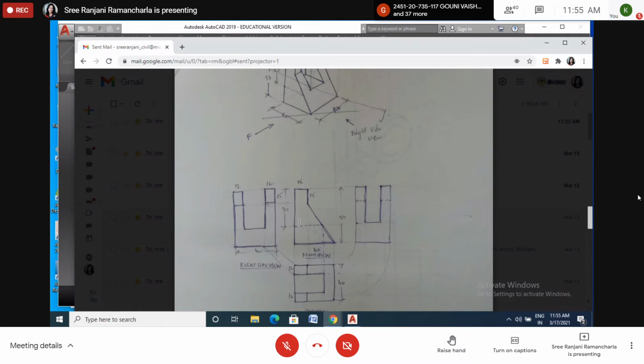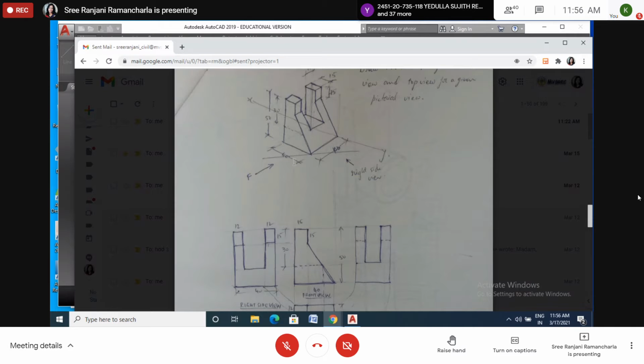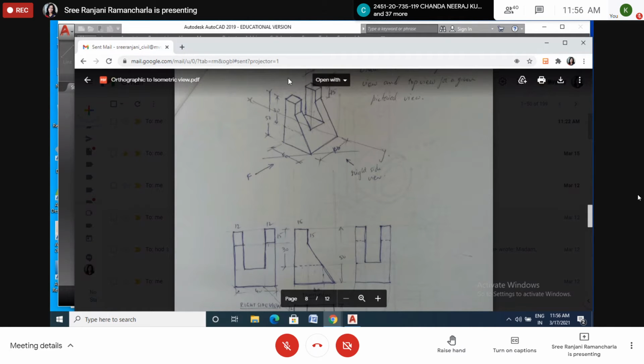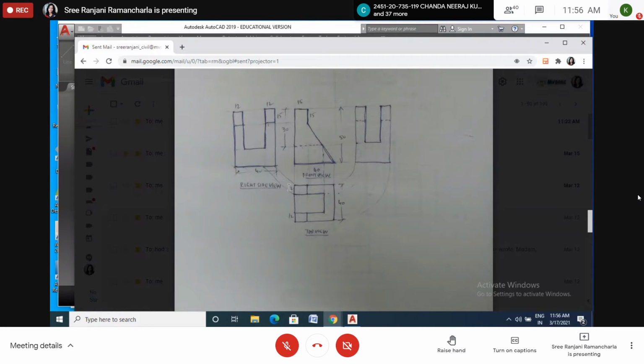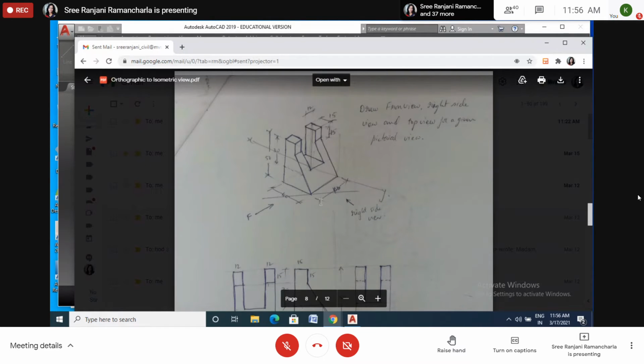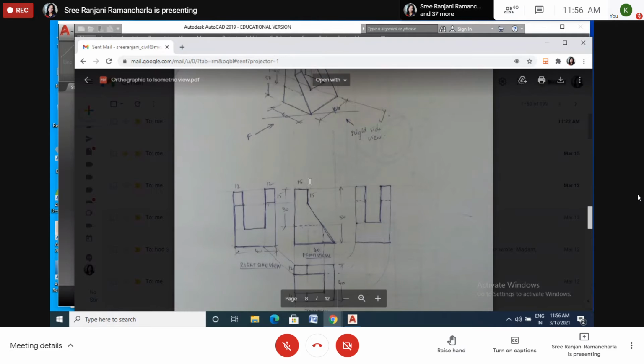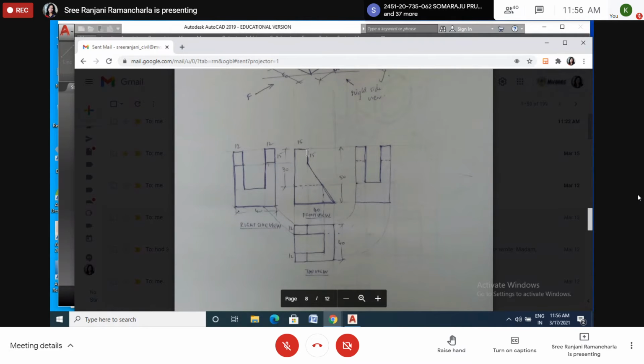Front view. Okay. Show the dimensions. That's it. Now this one is top view. When top view, top side view, you have to draw the bottom side. Okay. Top view, you can draw the bottom. So like this you can draw. Just project from this edge here.